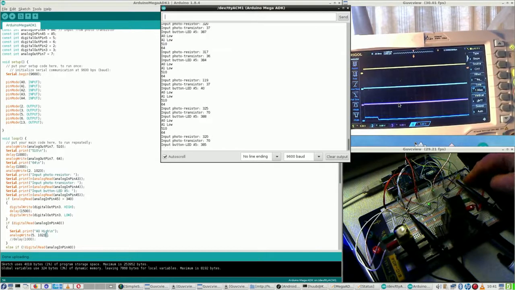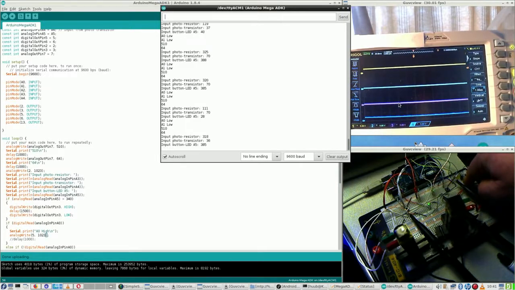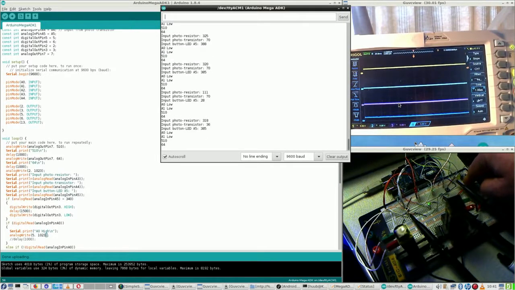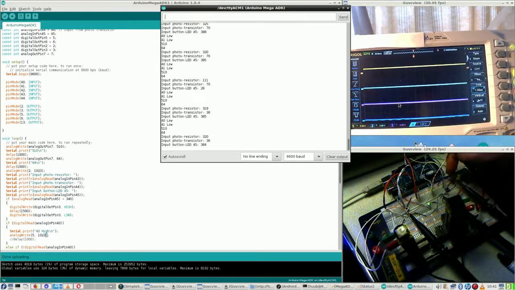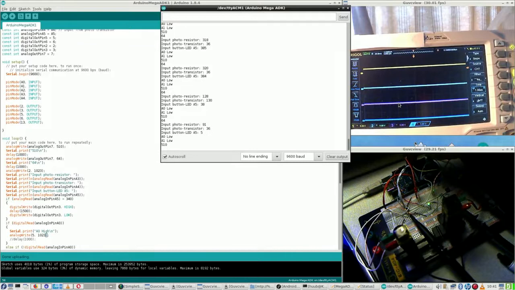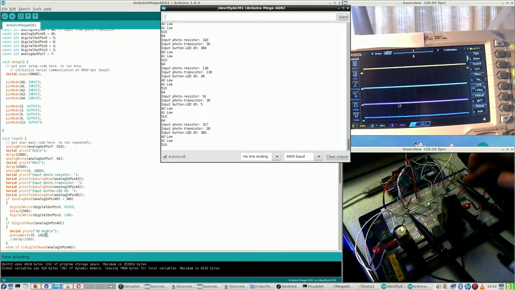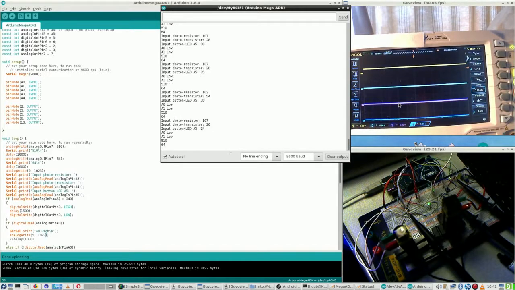But I don't even get the oscilloscope signal. Come on, come on. That works, but still no oscilloscope signal. Weird. It works and it doesn't. Anyway,